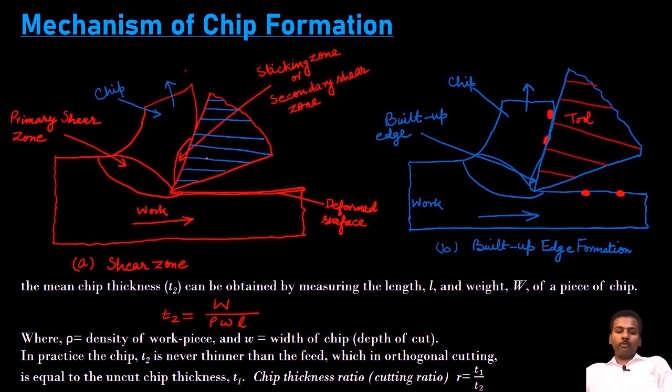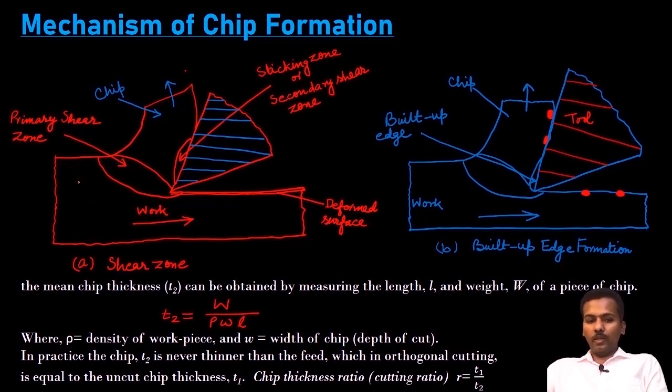Now come to the mechanism of chip formation, because we saw in the previous slide that from uncut thickness T1 of the workpiece, a chip of T2 thickness is created. That means from the undeformed zone, a deformed chip is formed. There are two thoughts. One is that this transition from the undeformed state is linear, and the other is that this deformation happens after transition through a zone having a fan shape.